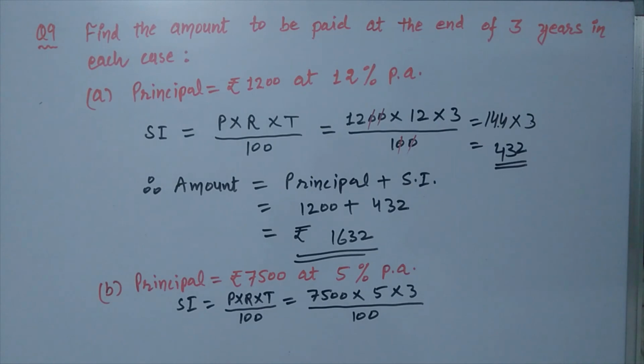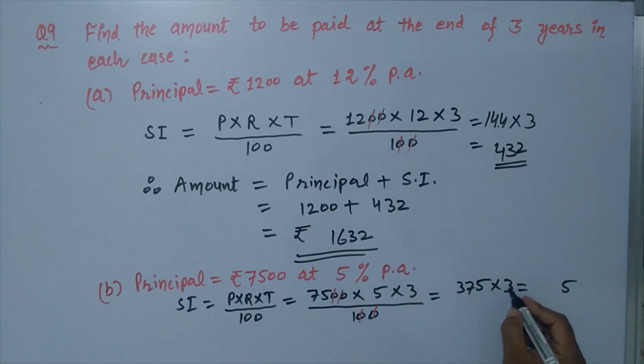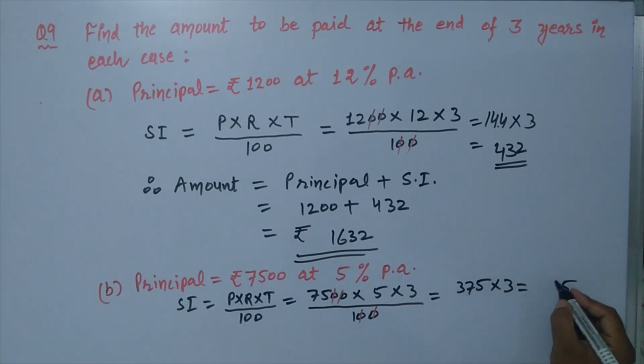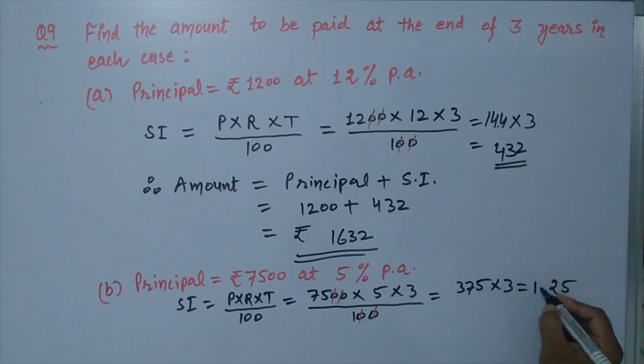Again we cancel zeros. So next we have 75 into 5 becomes 5 5s are 25, 7 5s are 35, 35 plus 2, 37 into 3, which is equal to 5 into 3, 15, 7 into 3, 21, 21, 22, 3 into 3, 9, 9 plus 2, 11, 1100,